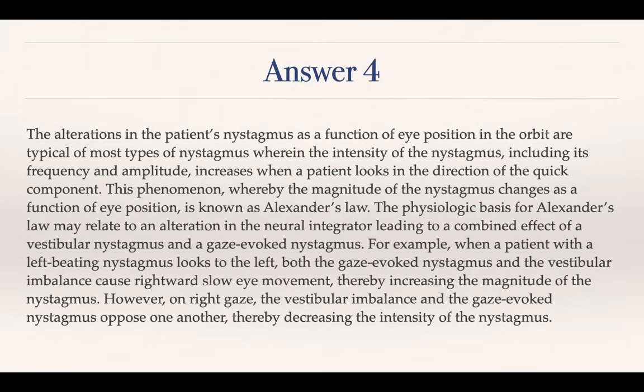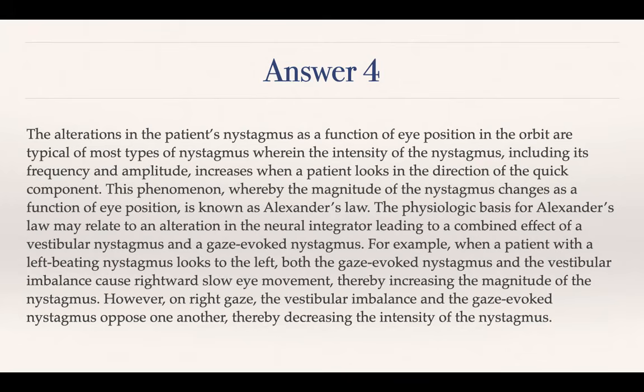The alterations in the patient's nystagmus as a function of eye position in the orbit. Eye position in the orbit means whether the person is looking to the right, looking to the left, looking up to the left, or to the center. That is what is going to change the nystagmus behavior. Okay, the alterations in the patient's nystagmus as a function of eye position in the orbit are typical of most